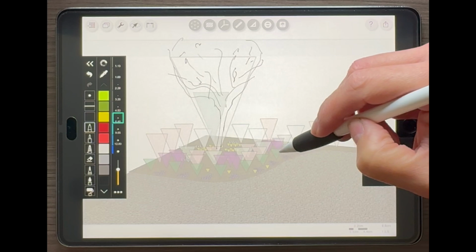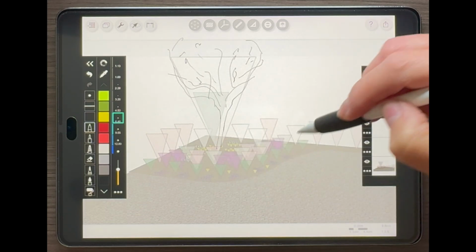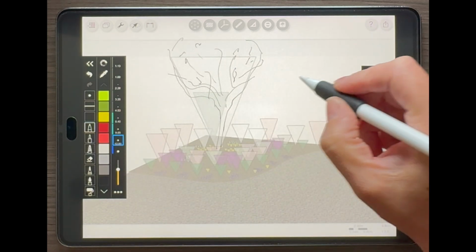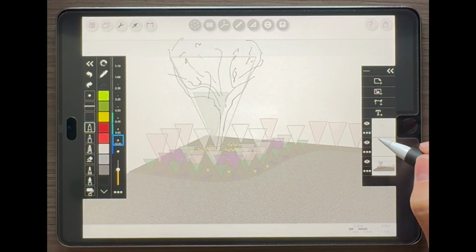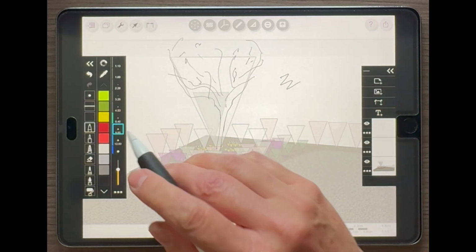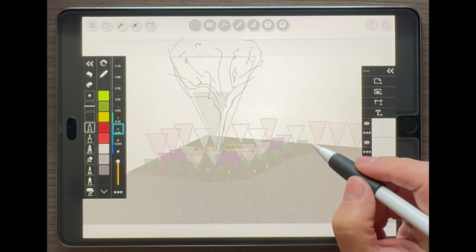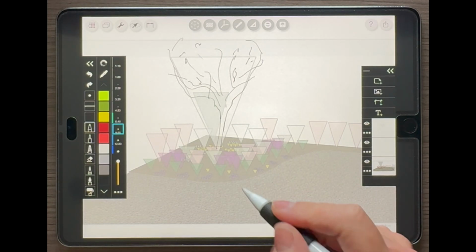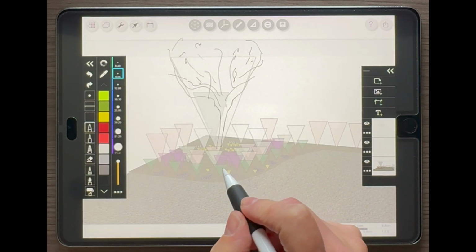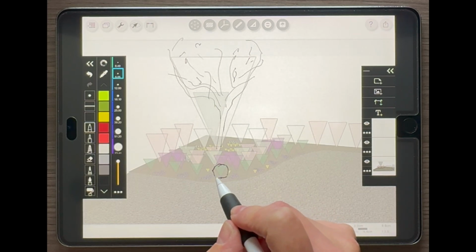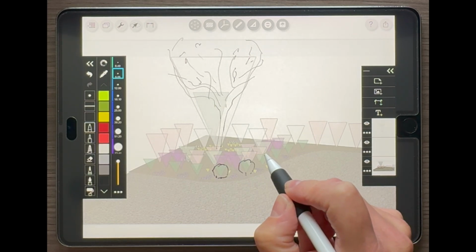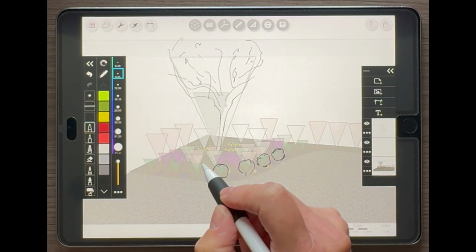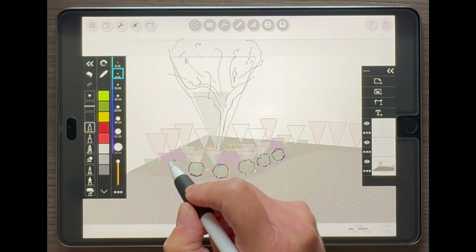Now I'm going to move on to some of the foreground. Now I'm going to use a slightly thicker brush or pen to do that, because it's in the foreground. That's slightly too much. And then I know that these green triangles are going to be some yew balls. So all I'm going to do is draw on top of these triangles